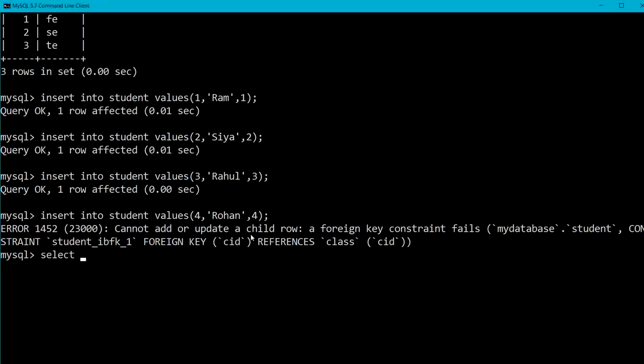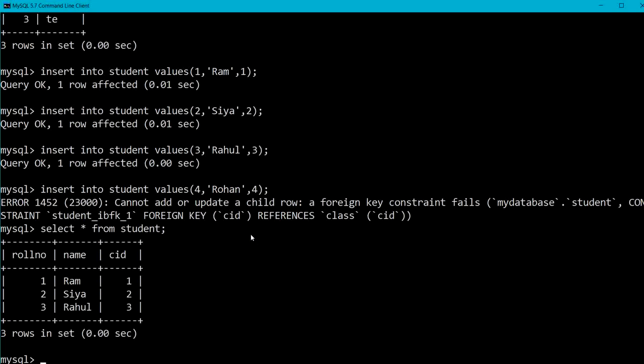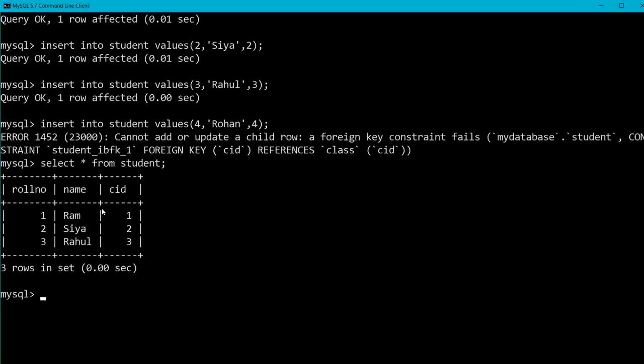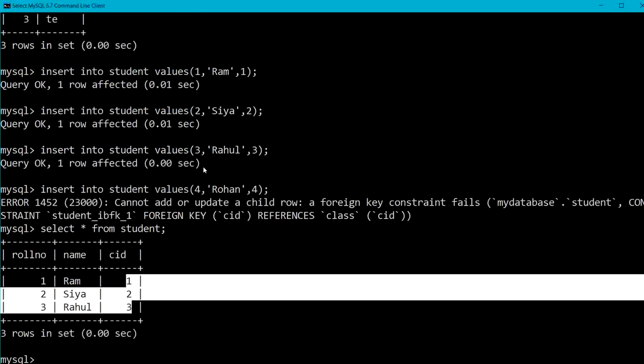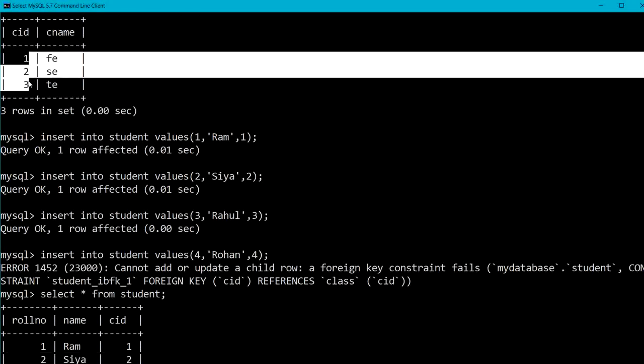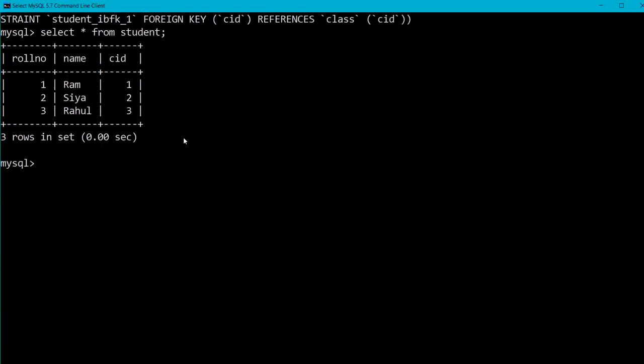So select star from student. So here I am having Ram, Siam and Rahul with the class ID 1, 2, 3. The same class ID we are having in our parent table class.